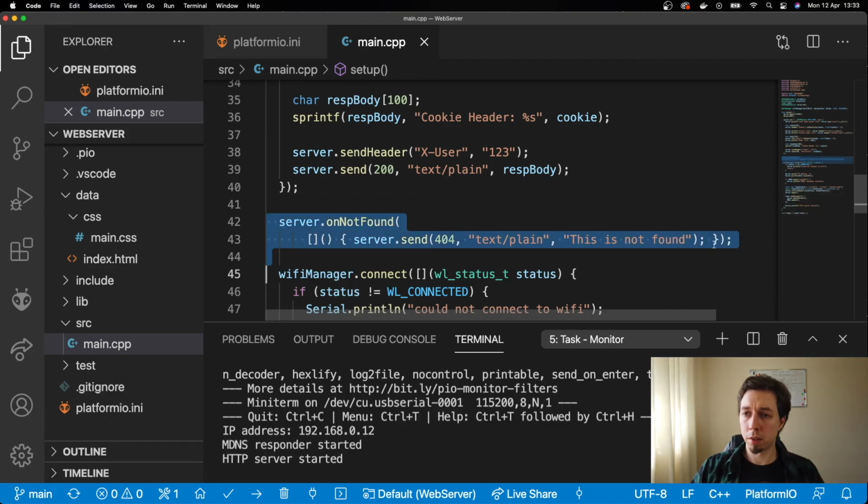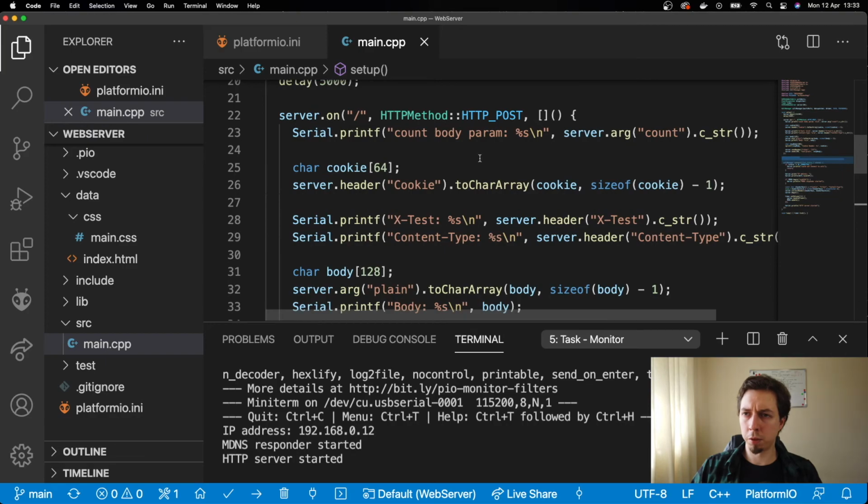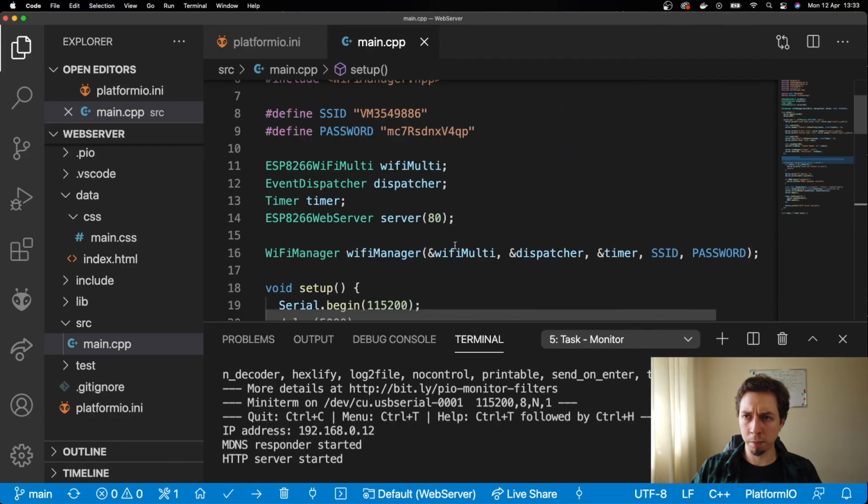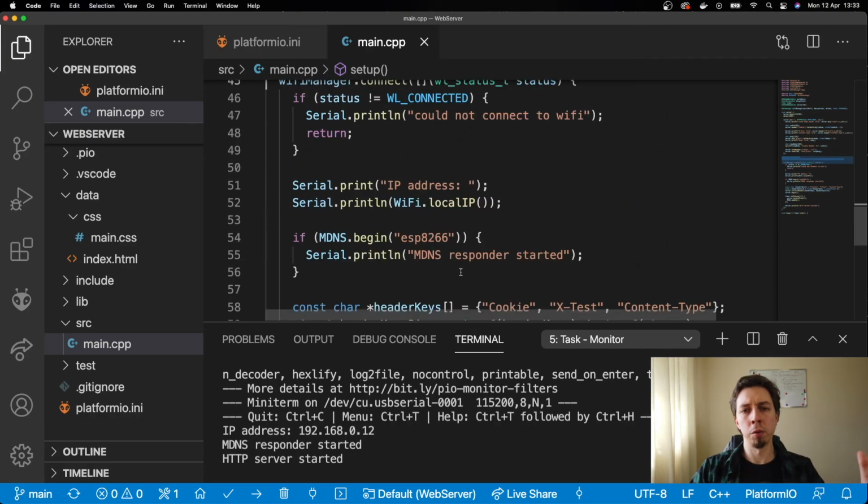Okay, yeah, so as I said, this is it for the basic functionality of this web server. In the future, I'm gonna show you how to use a different type of web server. It's called async web server. It works a little bit different, but it's faster because it's asynchronous. But yeah, there's gonna be some video in the future,